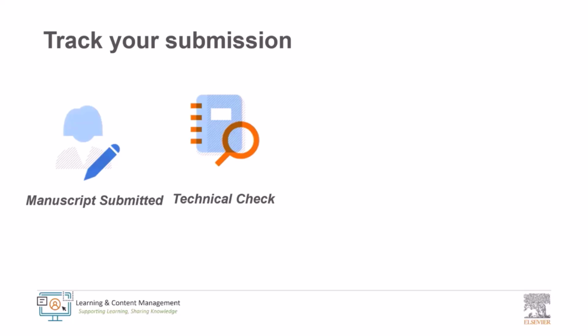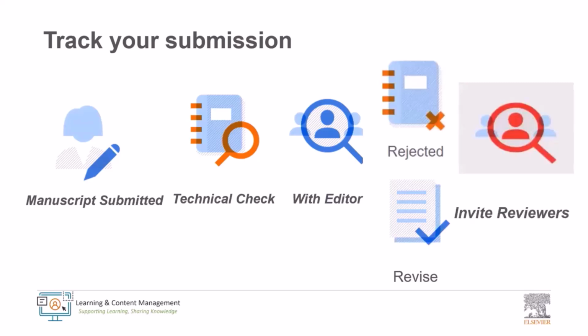The next step is assigning it to either the editor-in-chief or an associate editor for further handling. Journals usually have multiple associate editors who are experts in a particular niche within the broader subject area. Your manuscript will be handled by the editor who has the highest level of understanding and experience with your paper's research topic. The status will remain with the editor until the editor makes the final decision or invites reviewers. Next, the handling editor will have different action choices. First is to make a desk reject, or send the paper for revision, or invite reviewers.